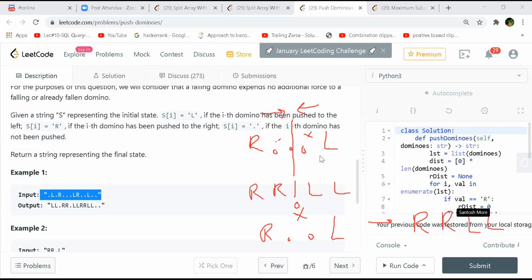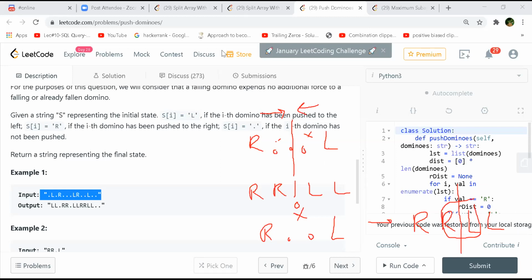Because now whatever the force it is exerting is between these two, R and L. So there is no spot here, but it is between R and L. This R and L are actually making it stand together because they have equal forces in opposite directions. So let's say the input string is RRLL,